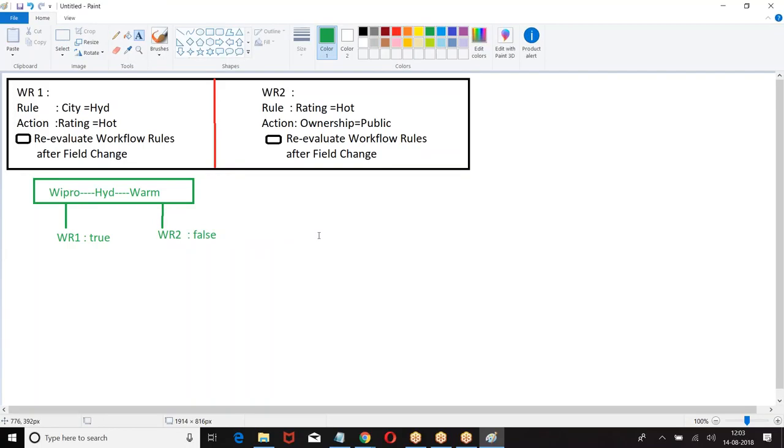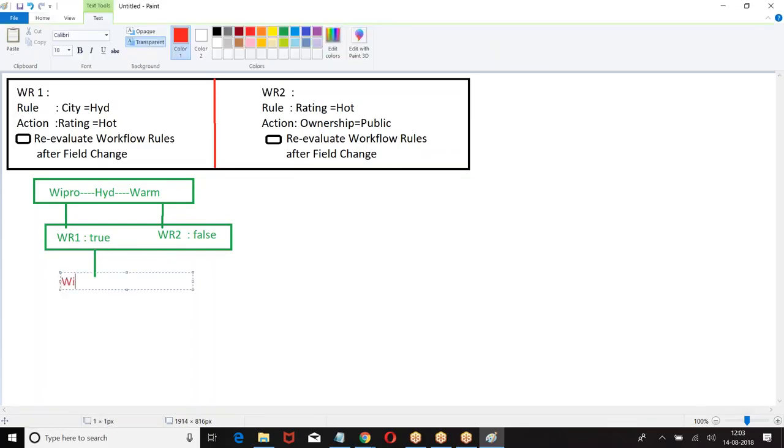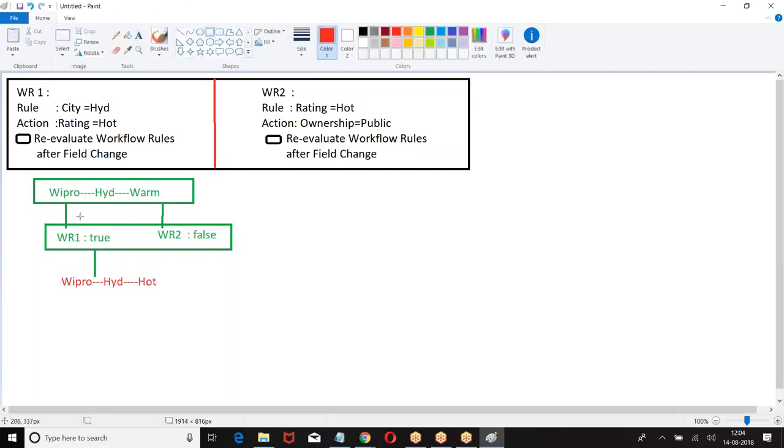Workflow 1, workflow 2. There are 2 rules. Out of these 2, whichever is true, that is taken. What is the action we need to perform? Update. Right?